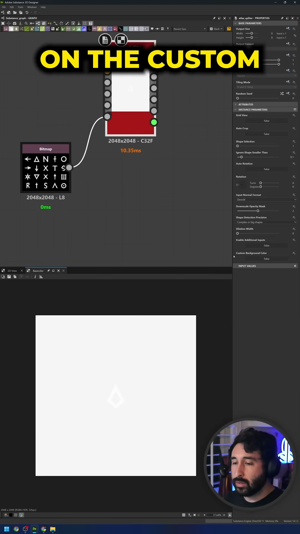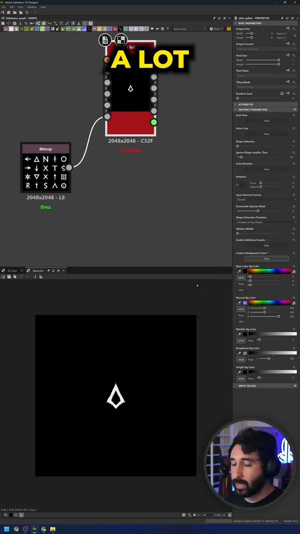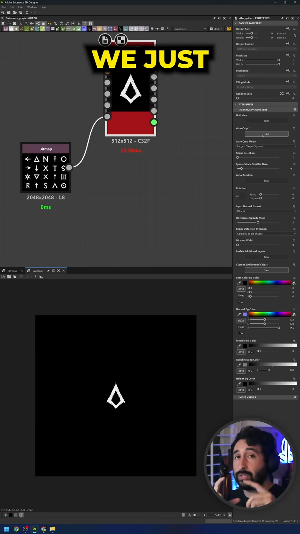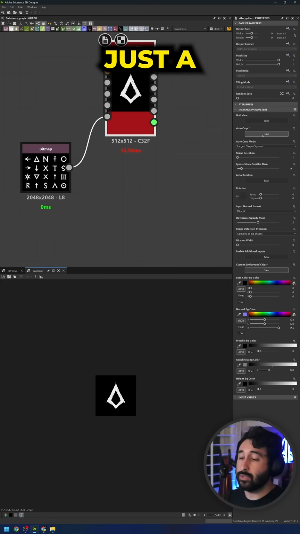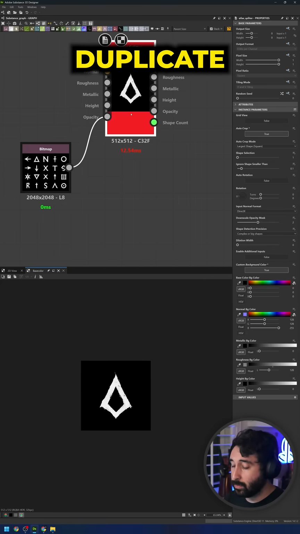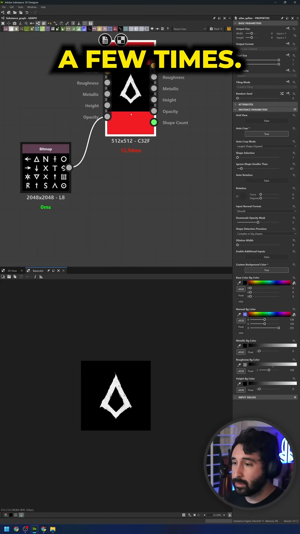So I'm going to turn on the custom background color. Makes it black, a lot easier to look at, and then we're going to auto crop it. That way we just get it to the smallest unit and it's a little bit easier to start tiling everywhere. Once I've got this, I'm going to duplicate this atlas splitter a few times, so maybe 2 or 3 times here,